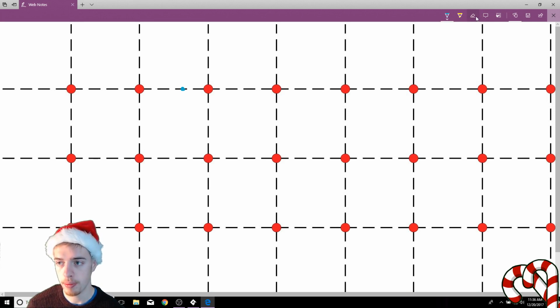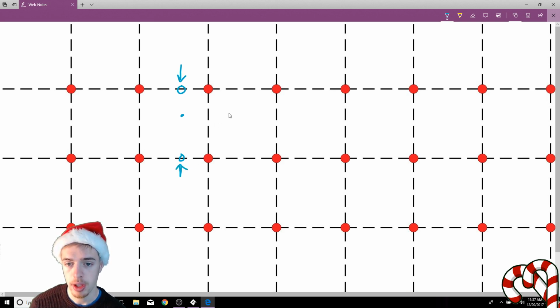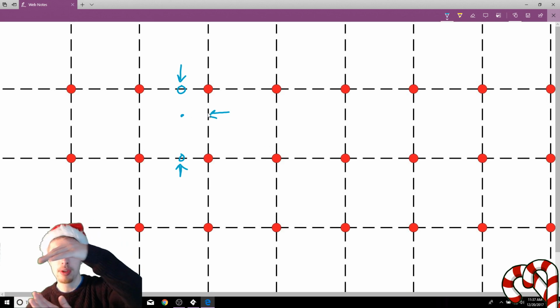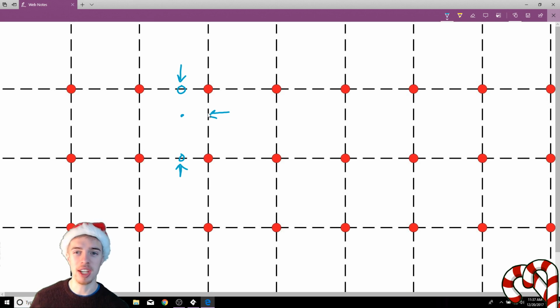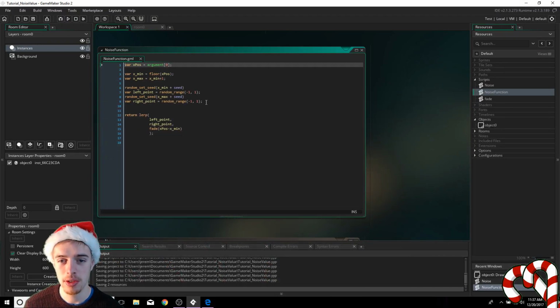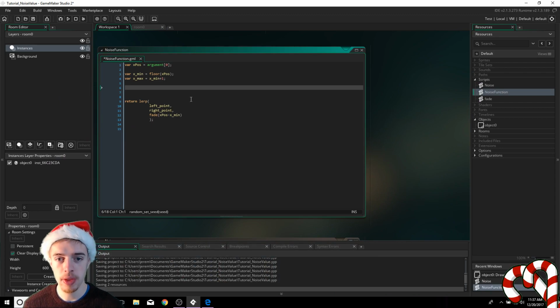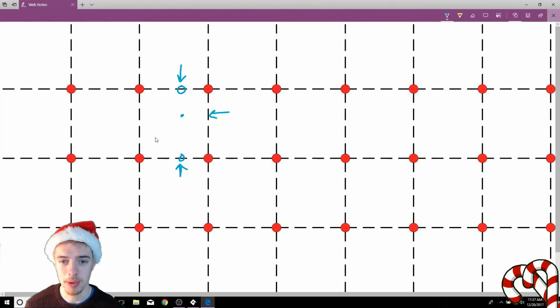All right, now what we're going to have to do is go through a couple more interpolations. I want to interpolate between the top left and the top right. I also want to interpolate between the bottom left and the bottom right to give me this point. And then I want to interpolate between this point and this value using the y position of that point, right? So we're kind of rotating it like this, and we're interpolating again. So I'm actually going to delete all this, and we're going to backpedal here to our seed,